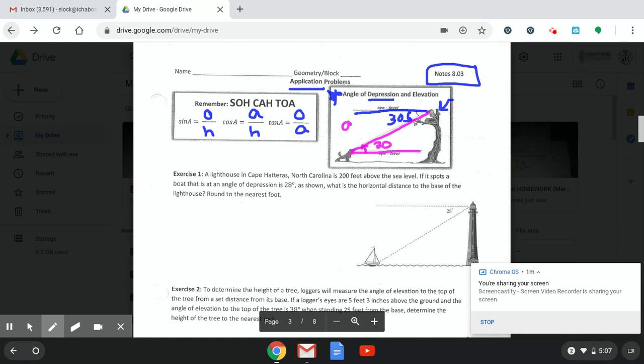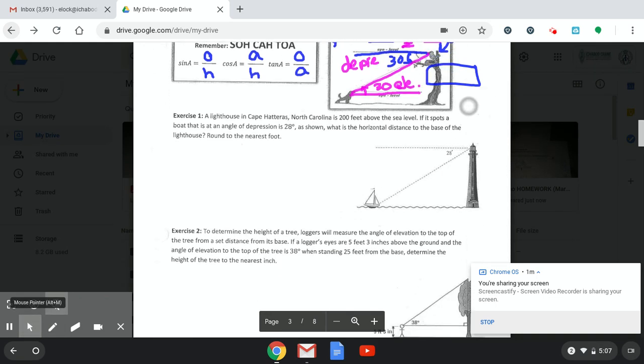So angle of depression would be something from the top looking down. An angle of elevation is going to be that looking up. And they're going to be equal to each other. So angle of depression and angle of elevation are always equal. Moving down to exercise 1,